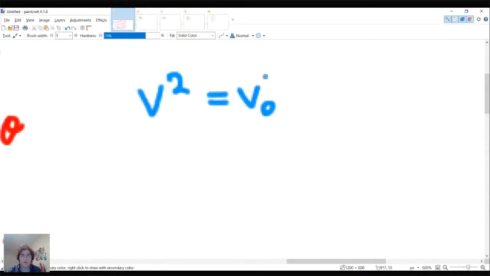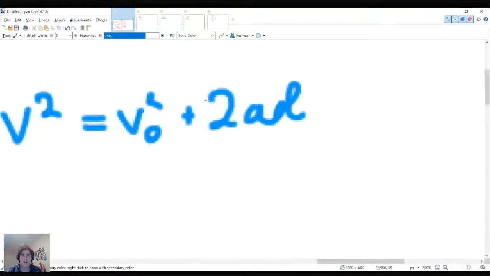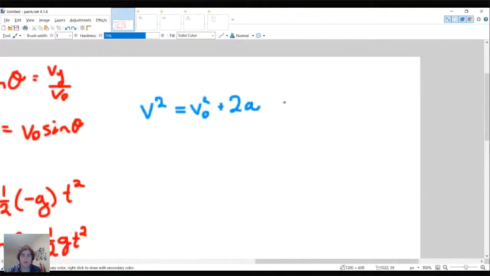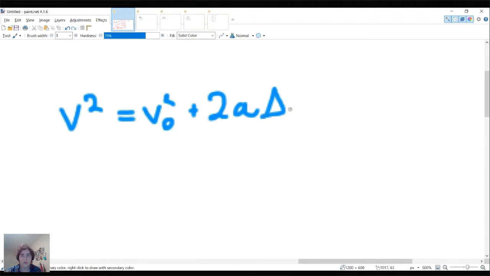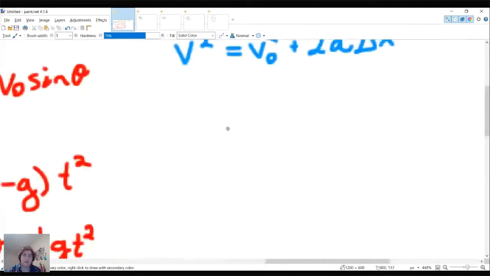V0 squared plus 2AD. Maybe that's how it's written. It might be written delta x, actually. That would make more sense, to be honest. So we're going to apply this to the vertical direction. So we get